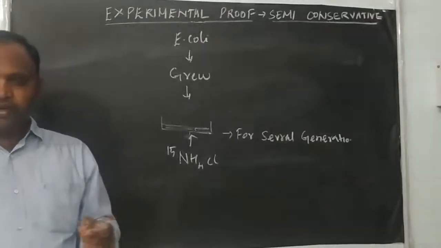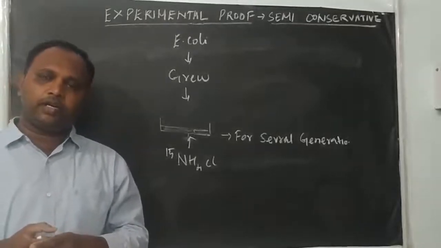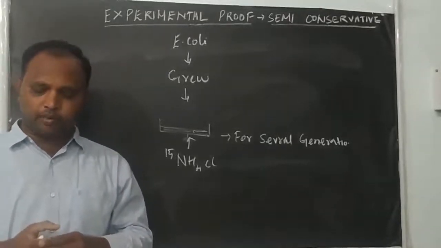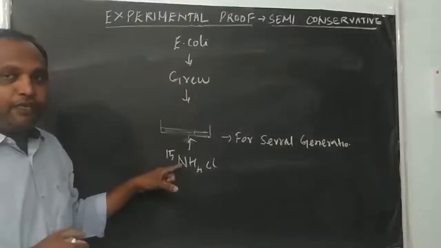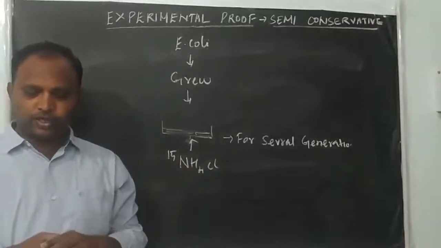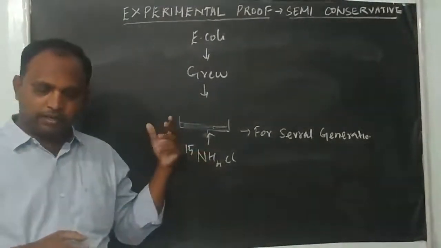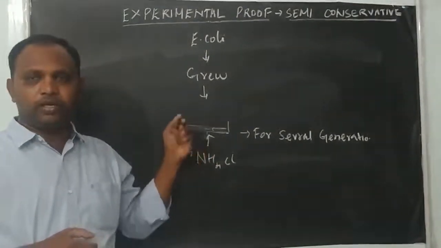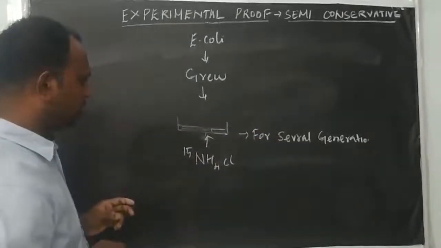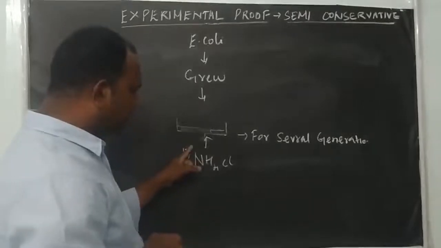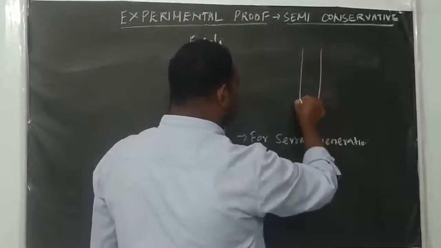So when the organism divides and synthesizes DNA, and also other nitrogen-containing compounds, the E. coli uses N15 as the nitrogen source. So the heavy nitrogen is incorporated into not only DNA but all nitrogenous compounds. After several generations, the DNA was isolated from these cells and subjected to cesium chloride density gradient centrifugation.